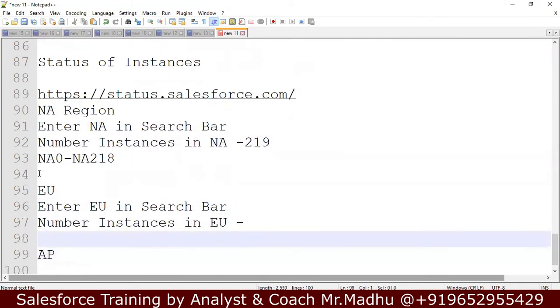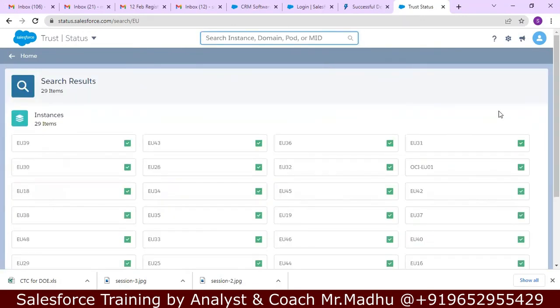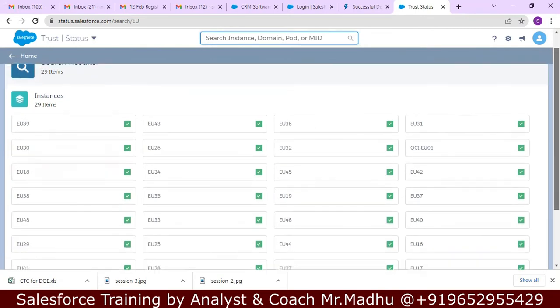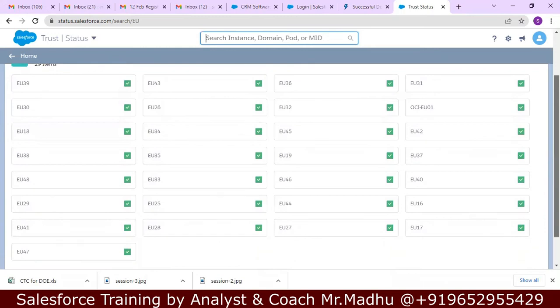Enter EU in the search bar. See, it starts with EU0, and we check the highest number here. EU 47, 48 is the highest. 48 is the highest number I see here. Now in the Europe region,